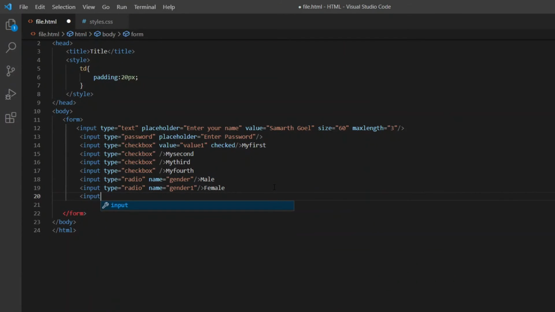Next is the input type of number, which can be used to type in numeric data on our web page form. Also, it has the additional attributes max, min, and step. Max and min are used to specify the range of input it could take, and the step attribute is used to specify the stepping interval. Let me quickly demonstrate it.